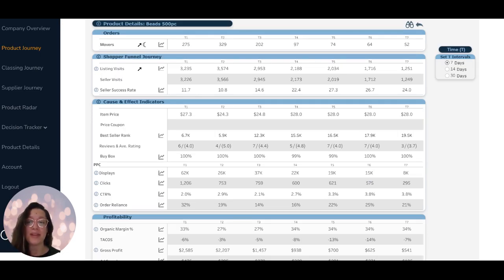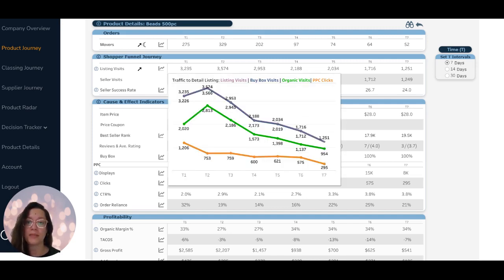This is an item that I would keep on my list to check back on in another week, with the hope to see that the organic visits have stabilized. And if it has stabilized, consider revisiting